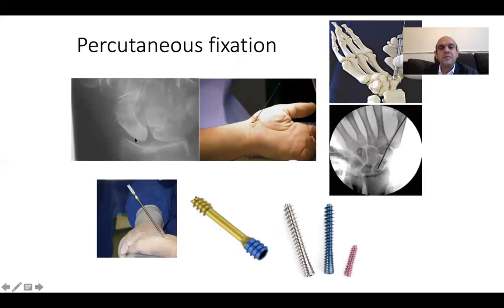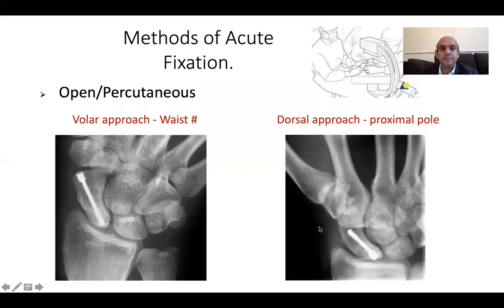Percutaneous, if you decide to offer one, this is how you do it. Under your II, you look for the tubercle, aim for your wire. Once you've got your wire in the right place, stab incision, wire goes into the scaphoid, you measure, take 2 millimeters less, and use any variable pitch screw.